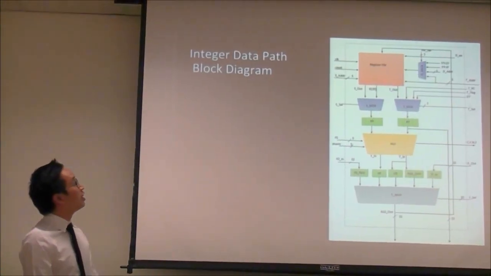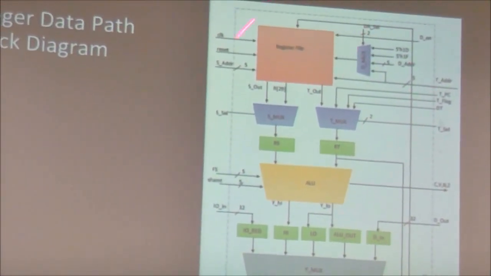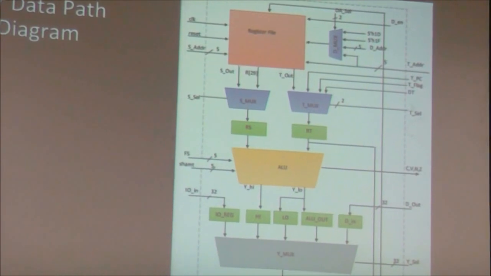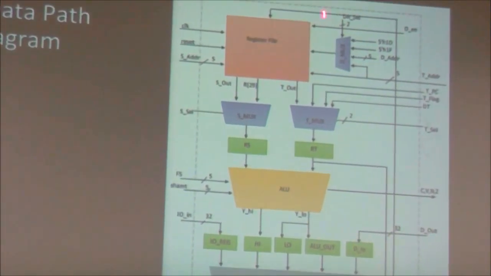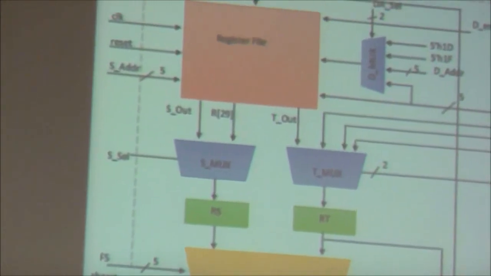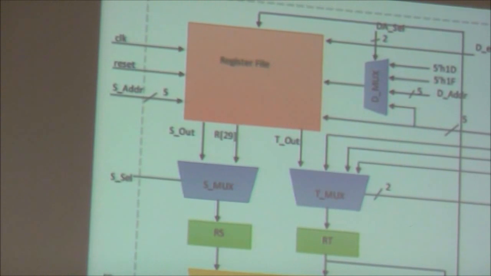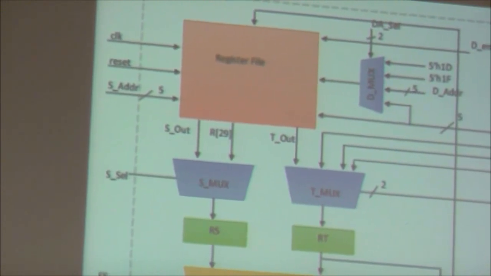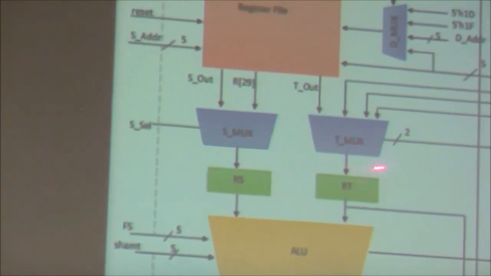And following that is our integer data path block diagram. Starting at the top, once again, is our 32-bit registers, and next to that 32-register file is the demux, and the demux is used to select which register to write to. If you go below that, there's the smux and tmux